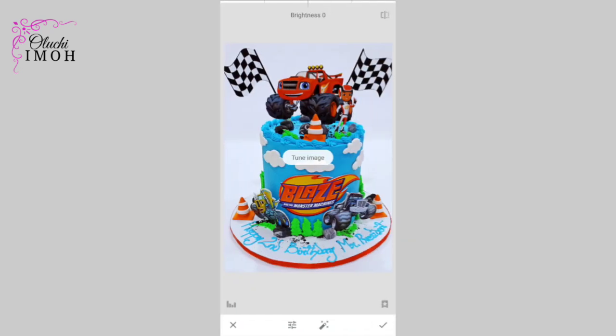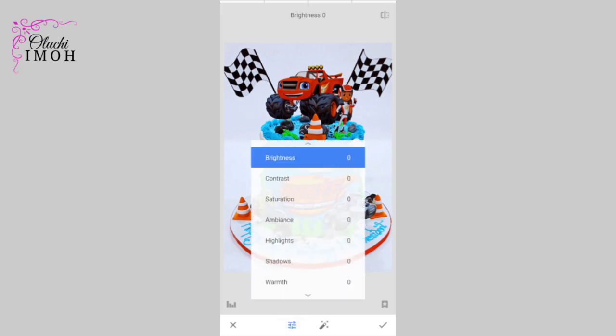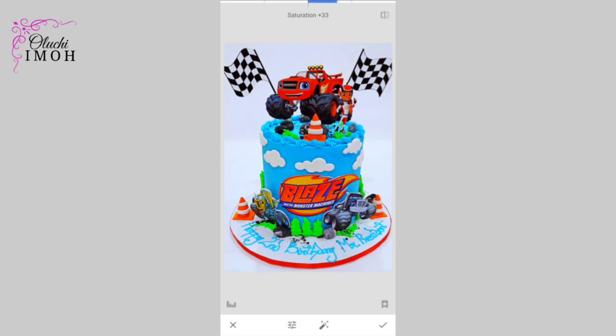Now there's this feature in tune image, under the tune image option, where you can click on saturation and increase the color like you want. But I mean, what kind of picture is this? I'm sure you don't want to do something like this, so don't overdo it. Okay, so you can decide to increase the color if you want to, maybe 9, 5, but